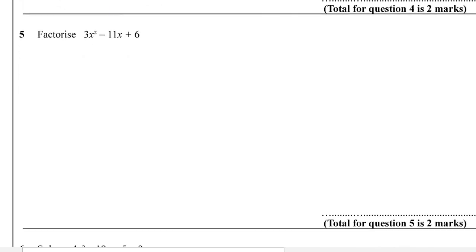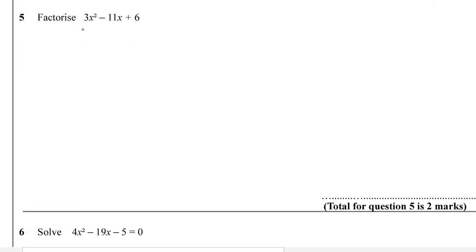Hope you're understanding. Okay, first things first, we're going to times 3 with 6. 3 times 6 is going to be 18. So we're going to find two numbers. When you times, you get 18, and when you add or take away, you get minus 11. So I know 9 and 2 make 18, and when you add or take away, you get 11. So again, 3x squared